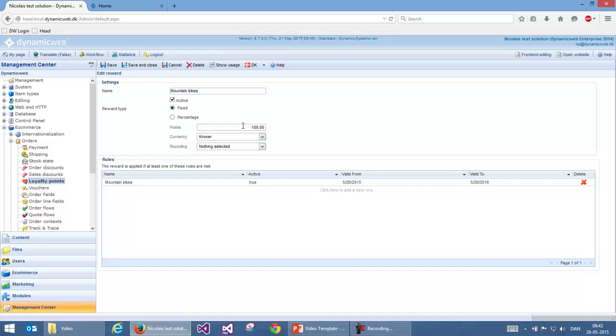total in his customer center, and these points can be used later on in later orders either to get a discount on some things, or even buy products using these points only. So it could be some accessories for this bike he can buy with his points that he earned by buying